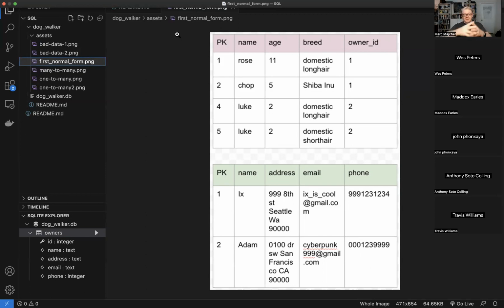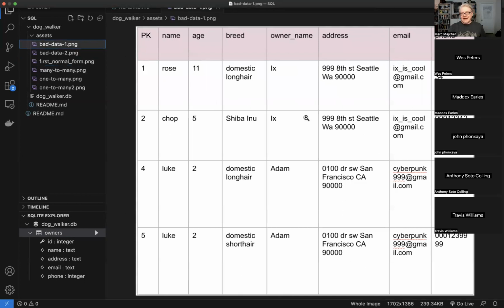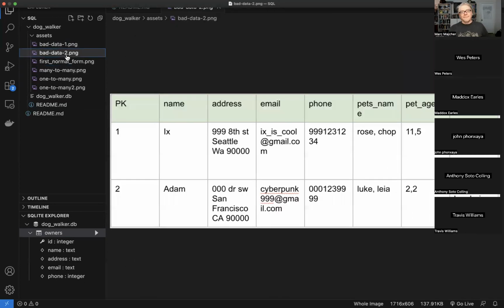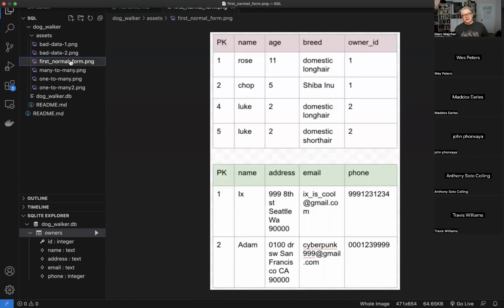And so instead of having a long owner one that has all the pet information smacked all together, or with the pet information encoded in a weird way, we split it out. This is technically called first normal form. There are four normal forms. Don't worry about it at all, even a little bit, unless you want to become a database administrator. But this is the kind of standard way to pull things out.